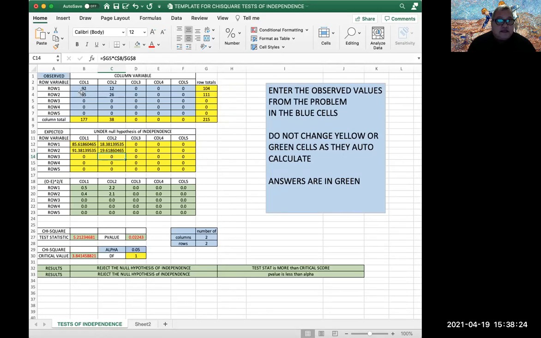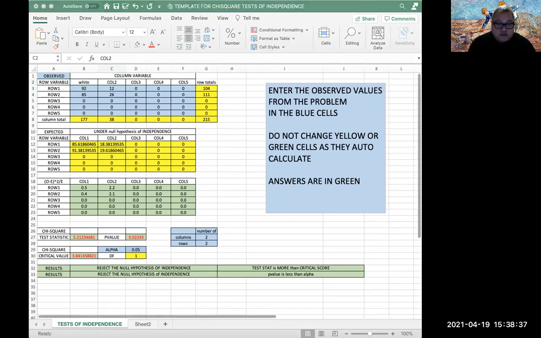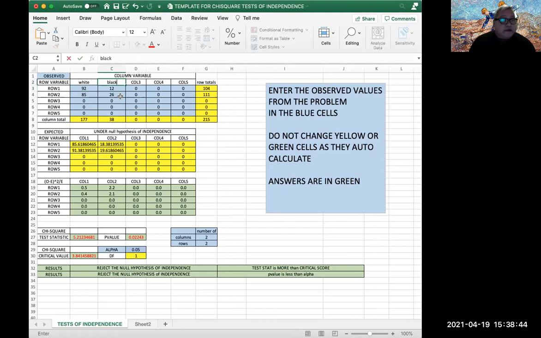So what I did was I entered the data by column 1 and 2, which were separated by race. In this case, I think the two races first in the data set were white and African American was the second one. White and black were the races. And then neighborhoods were neighborhood 1 and neighborhood 2. And so what this software does is, upon entering these blue numbers,